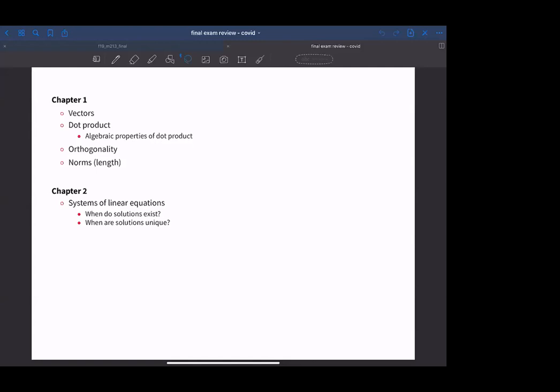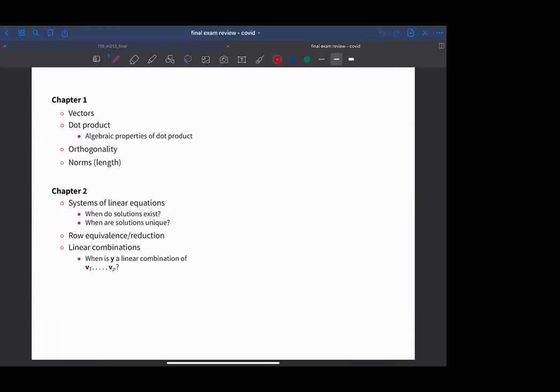The way that we study systems of equations is we try and simplify them using row operations and row equivalents. So this is kind of the row reduction algorithm. We talked about linear combinations of vectors. So for example, if I give you a vector y,